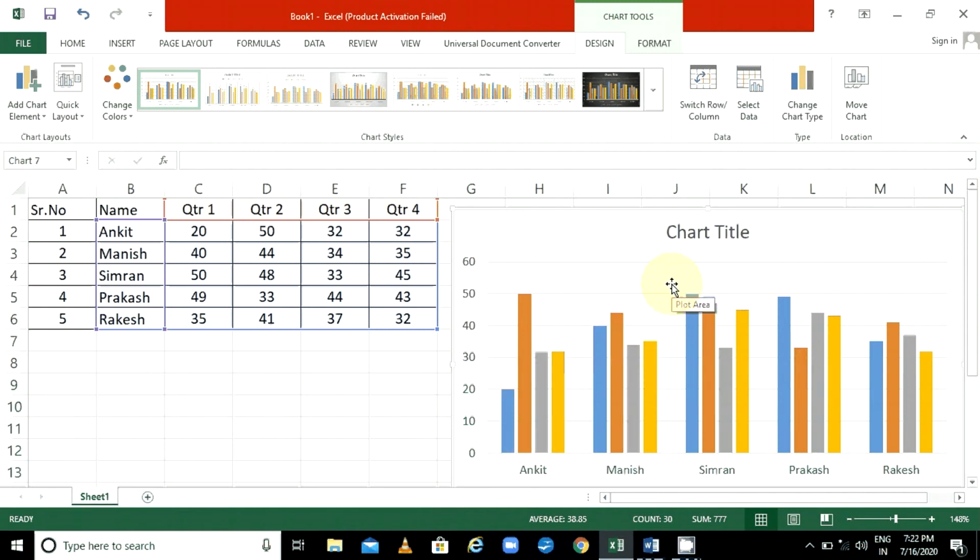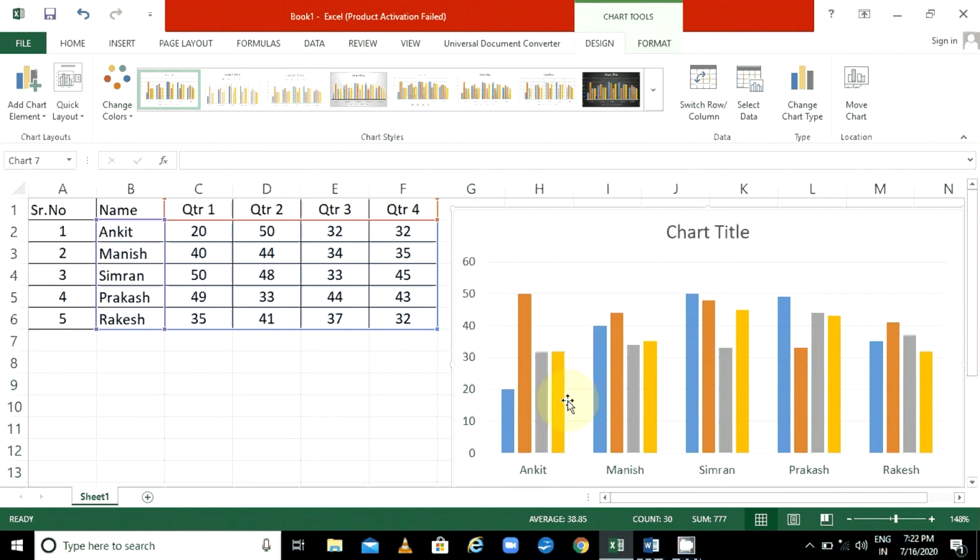So that is called plot area. Whatever data is there, accordingly the values are displayed here. See, first one 20, so Ankit 20, then Ankit 50, quarter 2, quarter 3, quarter 4, like that. So for each and every person, this is the data of salesman. So here the sales data is analyzed by this one.